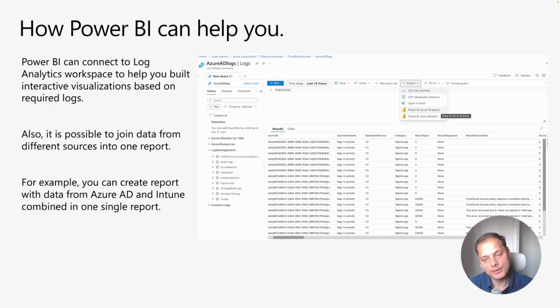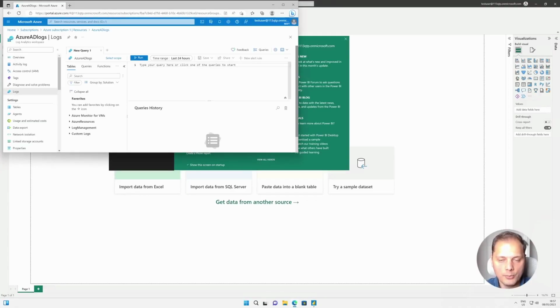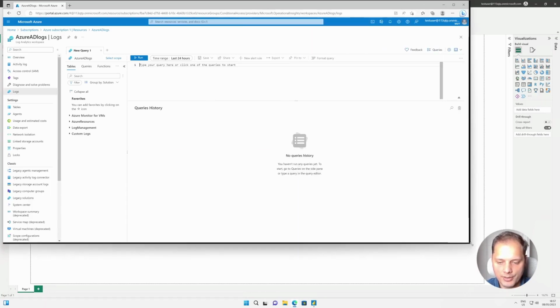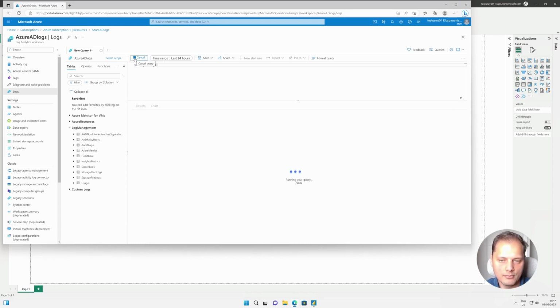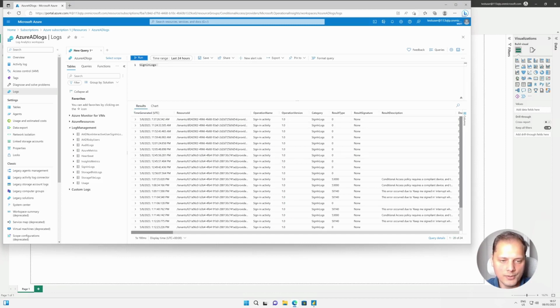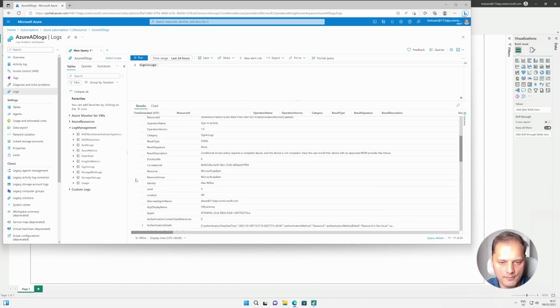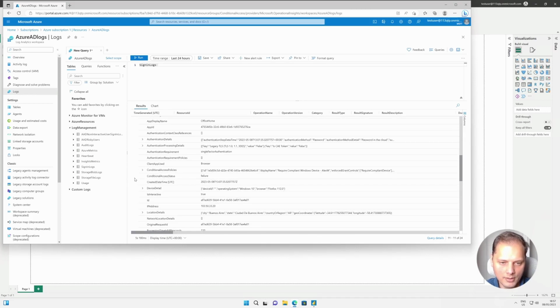So let's go into Power BI and just quickly look at how exactly it works and how to configure that. So here we are in my virtual machine where I do have Power BI installed. What we can do is look into sign-in logs. For example, here's a basic query which gives me all the logs. Let's add something to make it interesting. So for example, we want to extend